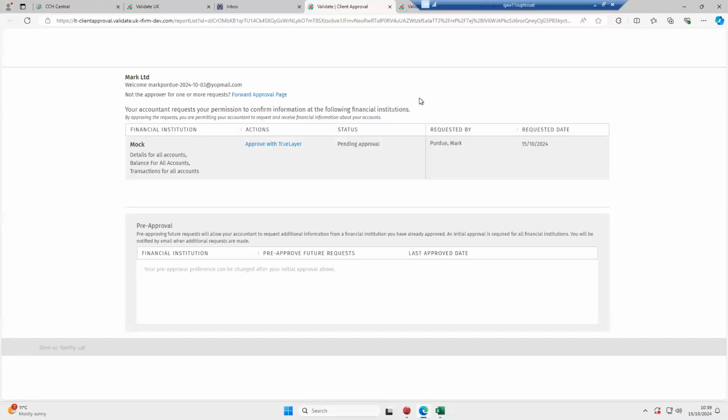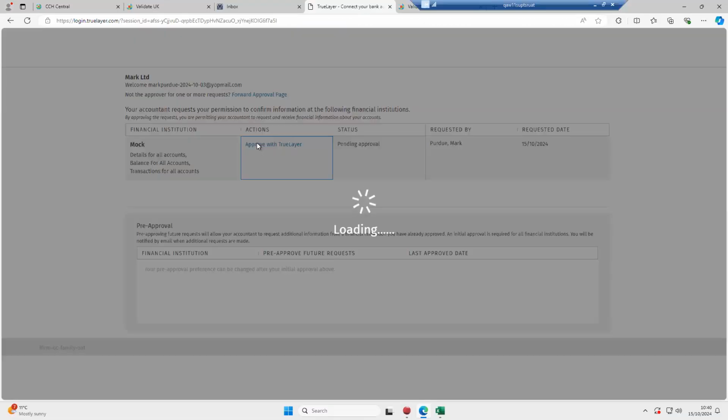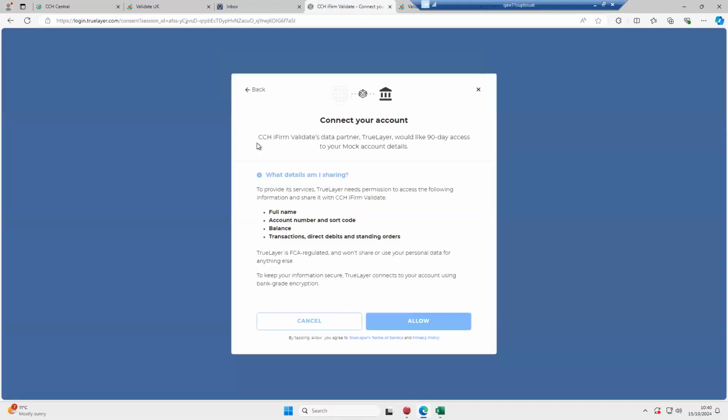So this is then the screen that the client sees when they click on the link, and again, this will have your logo on it, and it explains their email address, their name, what bank you're accessing and what details you want. And it's got your details on here as well, who's requested it and when. And what they do is they use our open banking provider, which is TrueLayer. This is a TrueLayer screen, but what I will show you in a moment is the